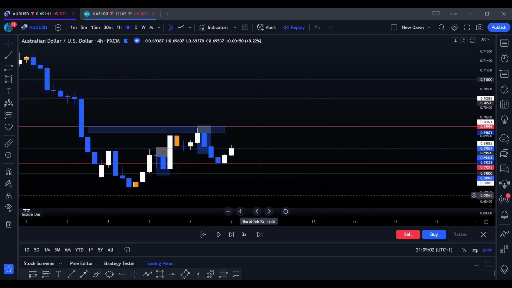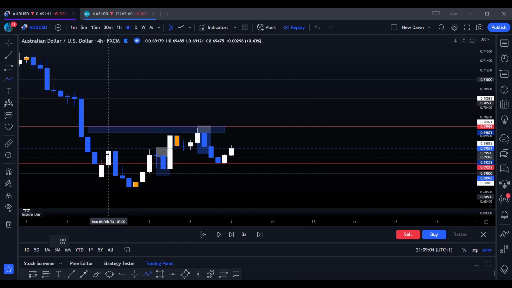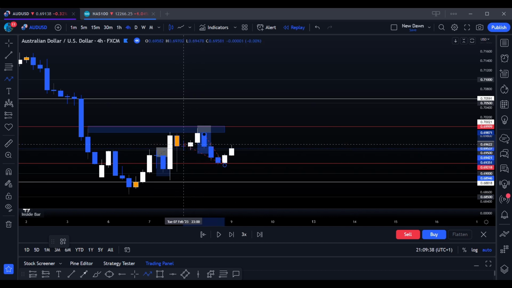So what am I expecting? First of all, let's look at what structure is here. We've seen this head and shoulders form, came here, price got here, created a low, then went back and created some kind of higher high. So for us to continue this uptrend, we should have seen a higher low and price push back up. But then we saw price break this low here, came back here to confirm it. If price has broken this low, that means there's a possibility of a bearish trend coming up. To confirm that bearish trend, we should see